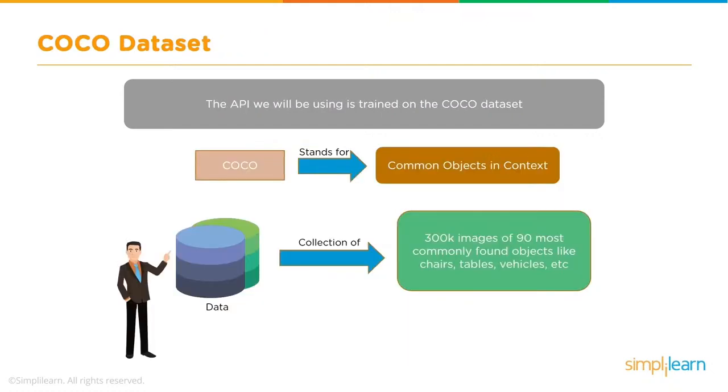used. The COCO dataset, COCO stands for Common Objects in Context. So this data set consists of 300,000 images of 90 most commonly found objects like chairs and tables and so on and so forth. So this model has been trained, or in fact a set of models have been trained on this data set, and this is pretty good to detect the most common objects in the images and videos. So with that, let's get